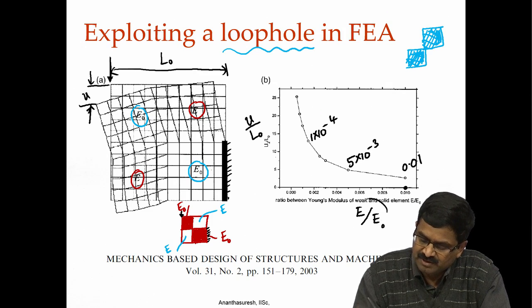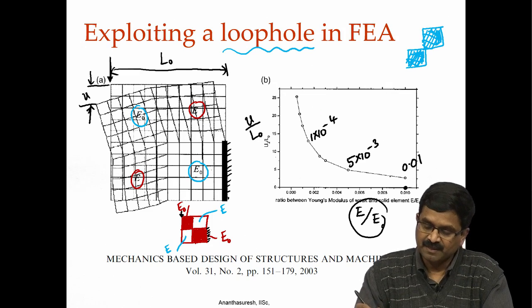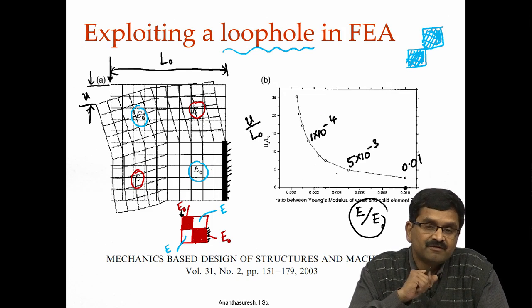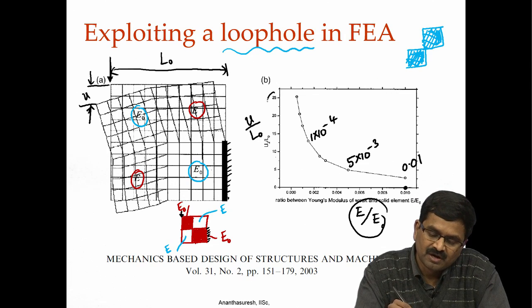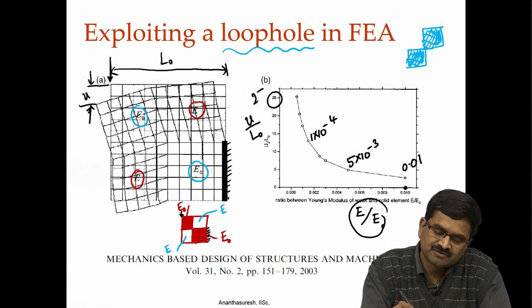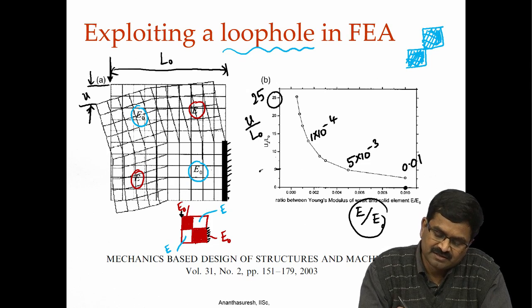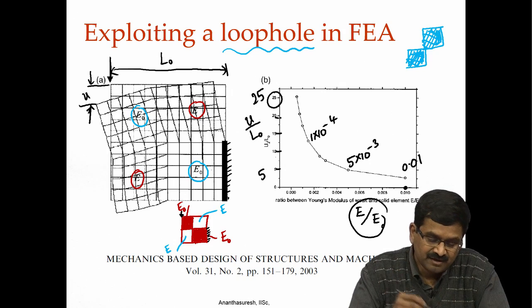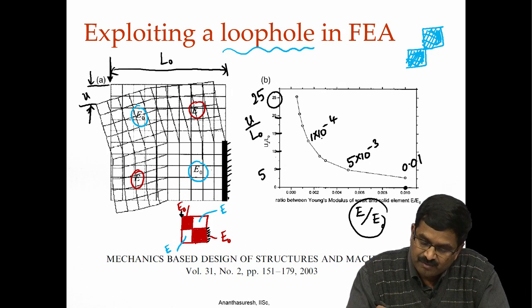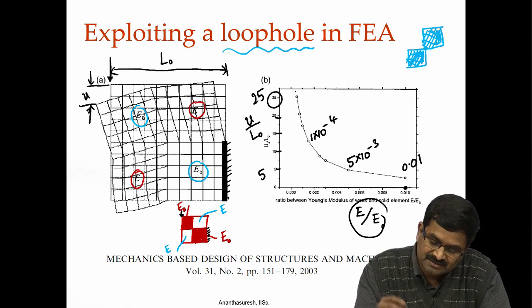But you can see at every point we are not getting infinite displacement, we are getting finite displacement. The largest value of u by L0 here is 25; here it is 5, 10, 15, 20. So even though we are going to 10 power minus 4, and the next one is 10 power minus something,